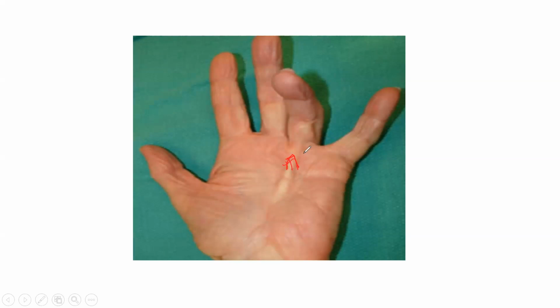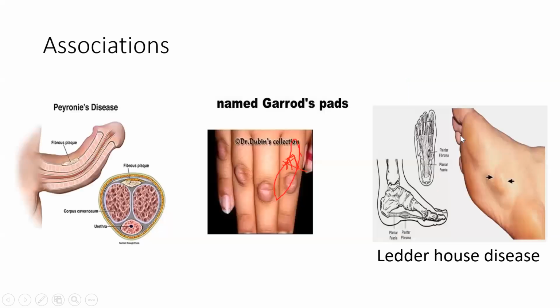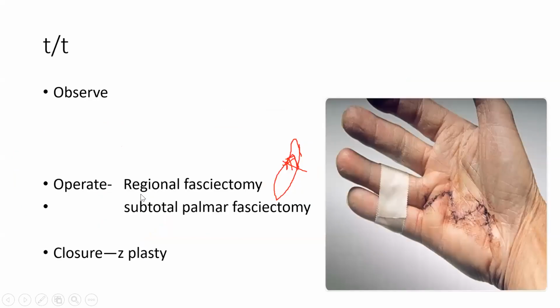जैसे fascia cut किया उसको straight किया. So इसको क्या बोलते हैं? Regional. एक area में problem हो रहा है तो सिर्फ इसी area को cut करते हैं. So this is known as regional fasciectomy. So it's not like पूरे whole hand में कर रहे हैं. You are doing it at a very small area, regional or subtotal palmar fasciectomy, where you cut the fascia and you